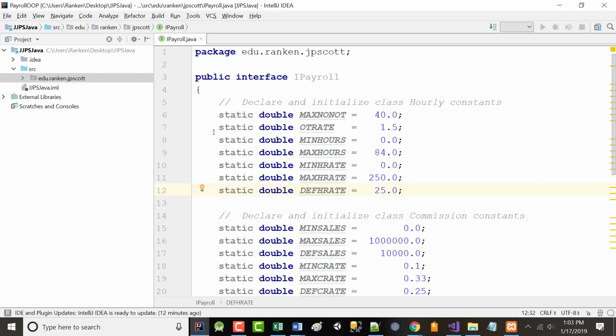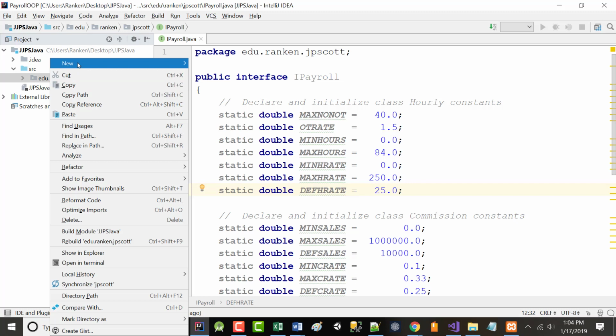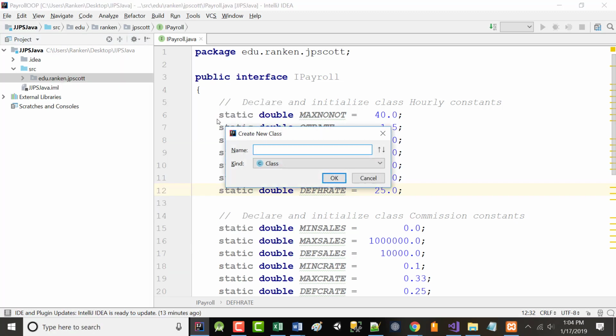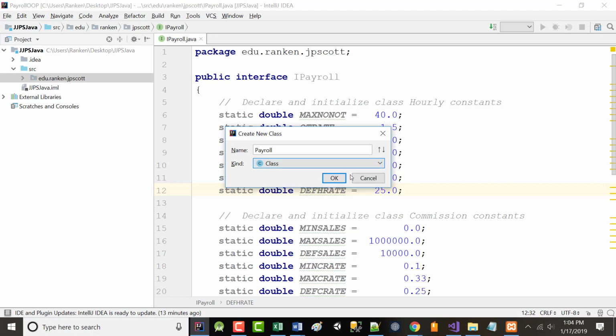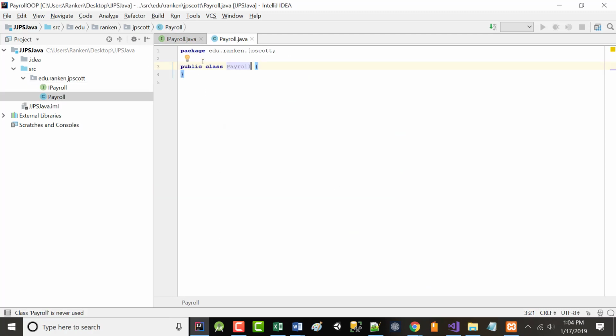All right, but now we're going to create a payroll class. We're going to make it simpler than we did for the one that we worked on last time. So again, let's come down to our source, to our package, right mouse click on our package, choose new, choose Java class. We want to keep this one a class, and this one will be called payroll. All right, everybody's got this? All right. So now we got this new class.